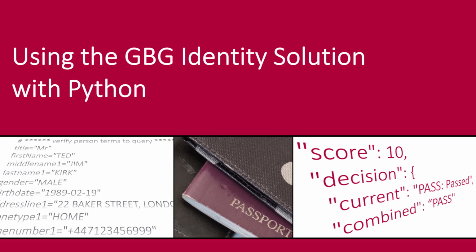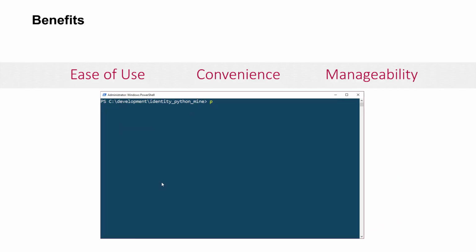Hi, this video shows how to use Python to test out API calls for the GBG identity solution. With the information here, you'll be able to send address and document details, including document scans, and retrieve verification results. The information here allows you to type one-line commands to execute entire API calls and see the results in a